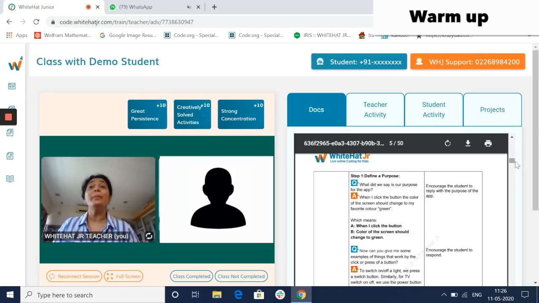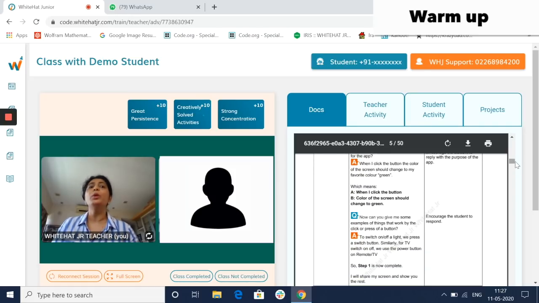You will build an app to change the color to blue, whereas I will build an app to change the color to orange. Which means when I click the button, so what will the app have? Yes, that's the minimum that the app will have. On click of a button, we said we are going to change the color of the screen. So breaking it down, to define a purpose is when I click a button, the color of the screen should change to green or blue.